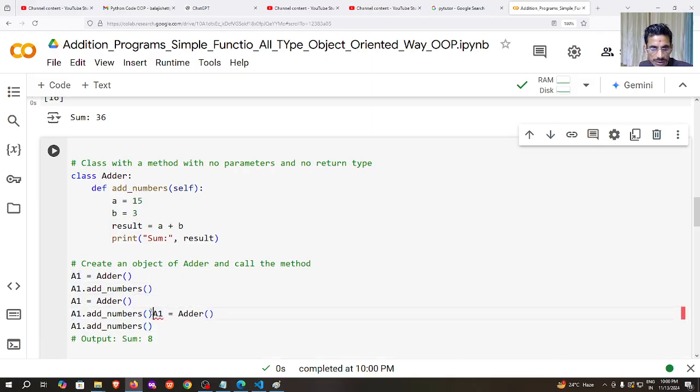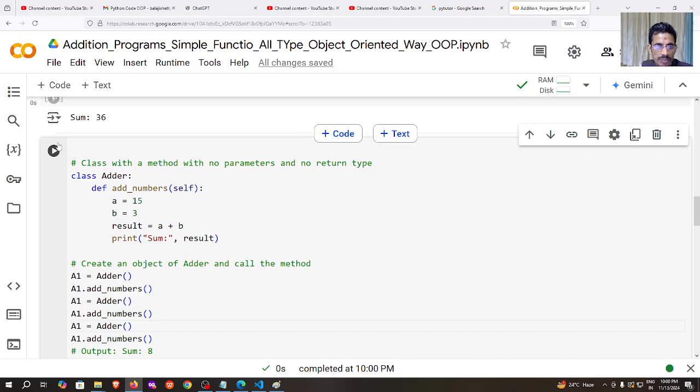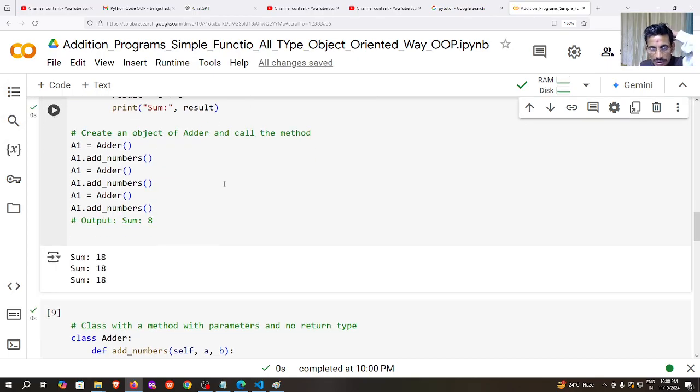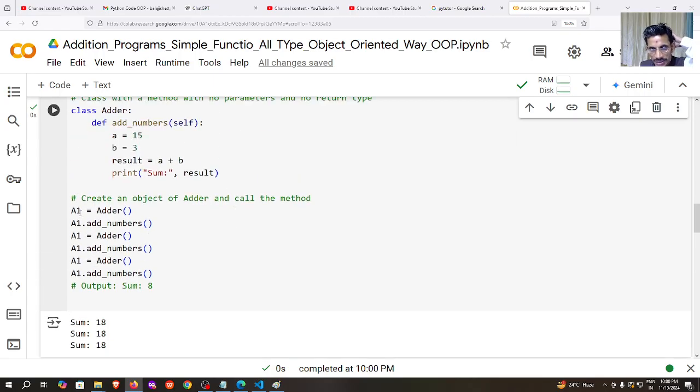Just check it. What will happen now? Here I will get the sum how many times? 3 times. I create the objects a1, a2, and this can be a3. Run the code.